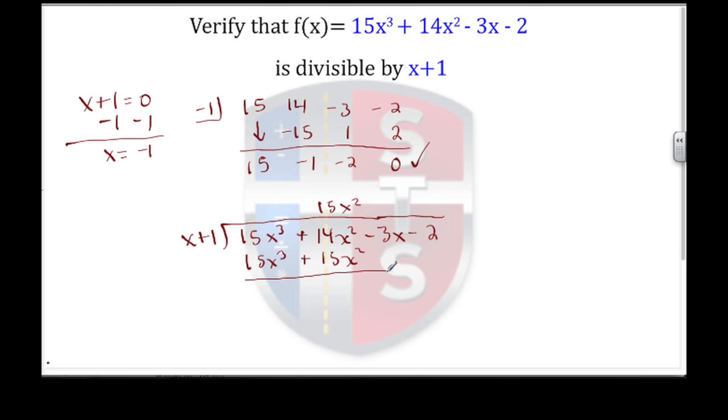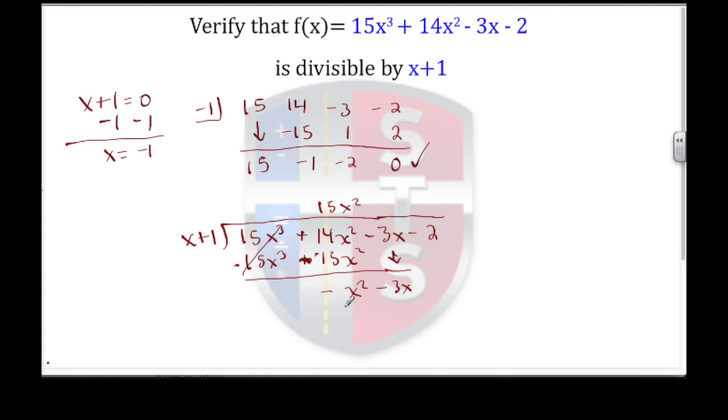Then I end up doing subtraction. I know that each one of the signs for these terms have to change, so that's a negative. And this positive here also becomes a negative. When I subtract, these first two terms go away, which is what I want to happen. Now I have 14x squared minus 15x squared to give me a -x squared. Then I bring down my -3x, and I continue by asking myself the same question: what do I need to